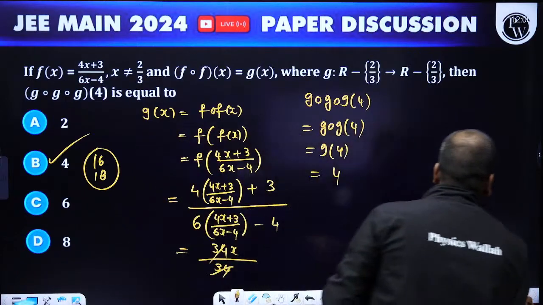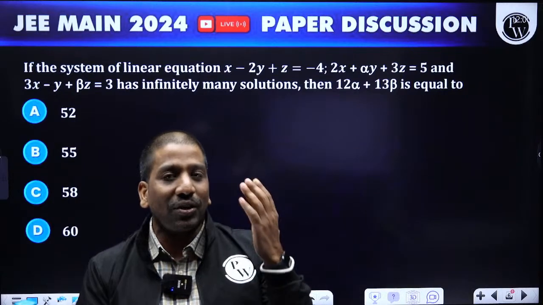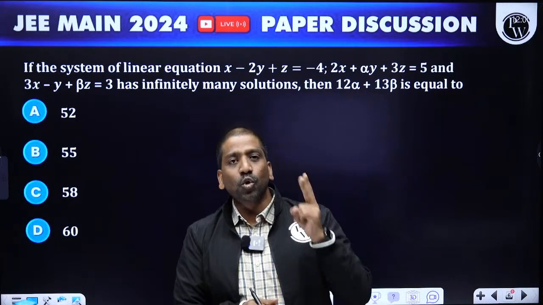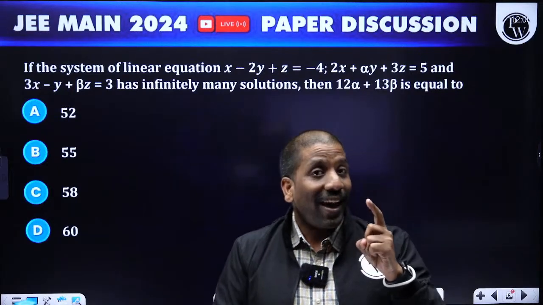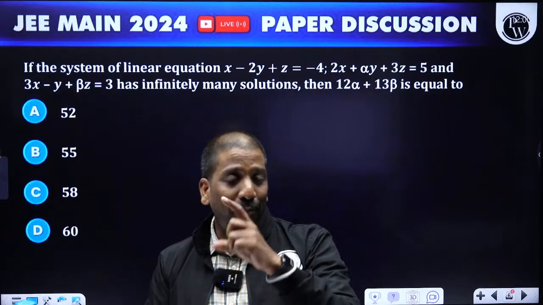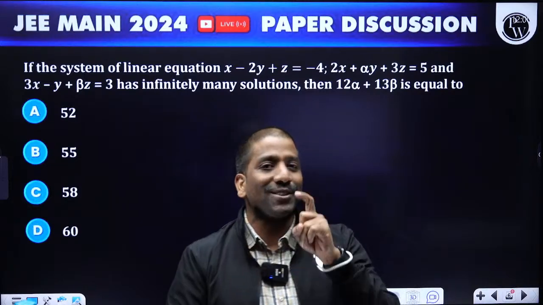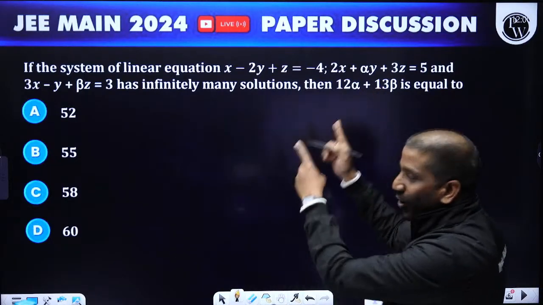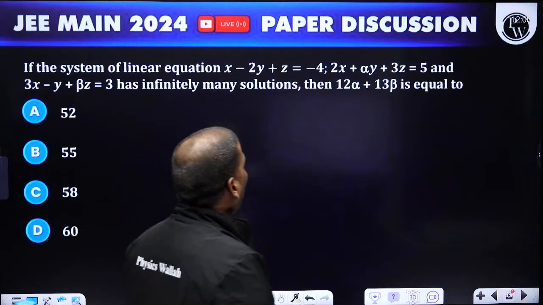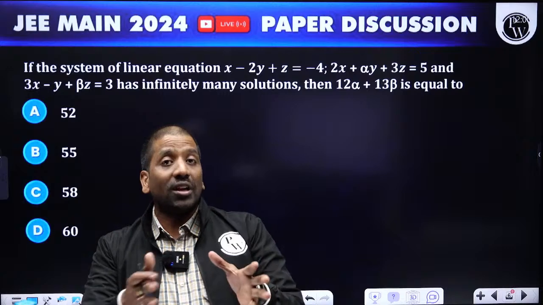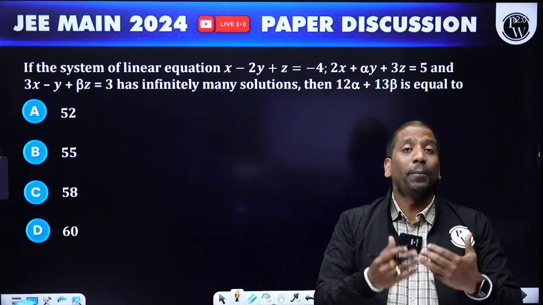So composition. Next, coming to the next point, the system of linear equations. We always say that from matrices and determinants, two modules are most crucial. One is adjoint or determinant properties and inverse properties. The second most crucial point is the system of equations. So this time we got a system of equations. In the system of equations, I already told you, let us use the rank method or Gauss-Jordan method when you have more parameters.